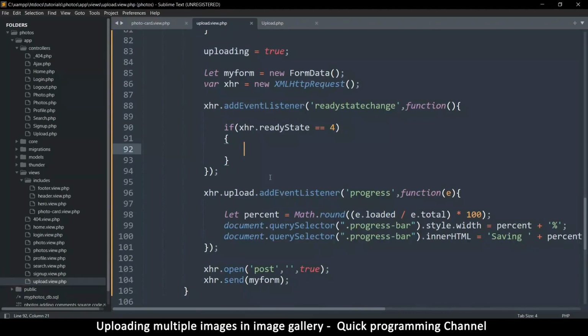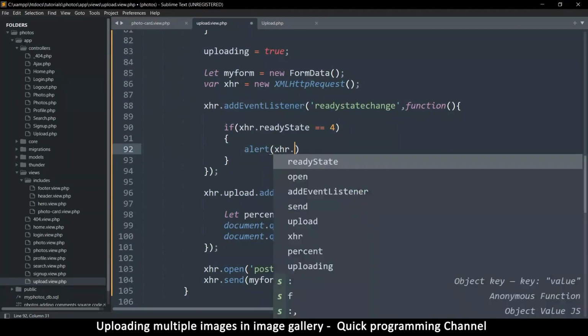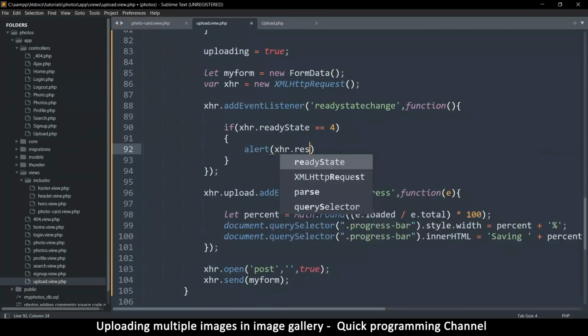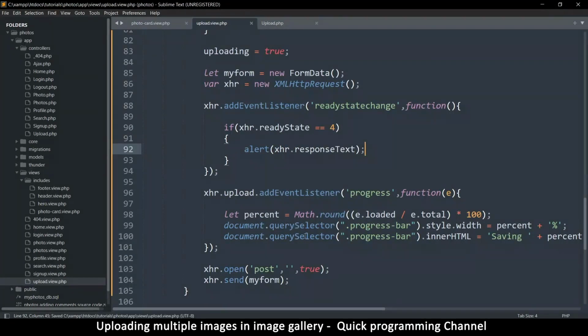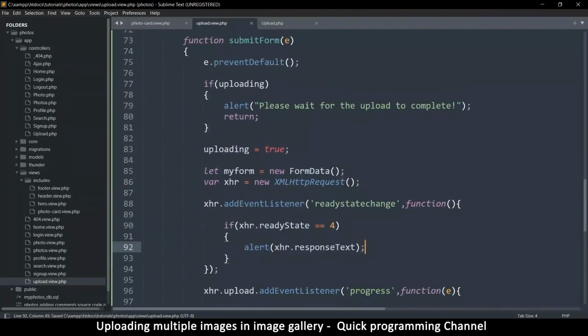And if data was returned, we can display it. So I'm gonna say alert xhr dot responseText. Alright, simple and straightforward, but we need to